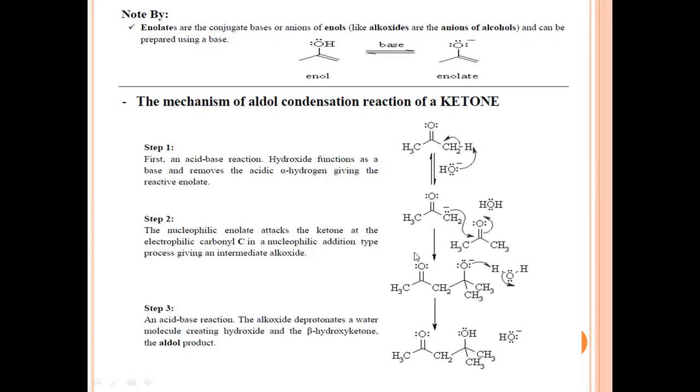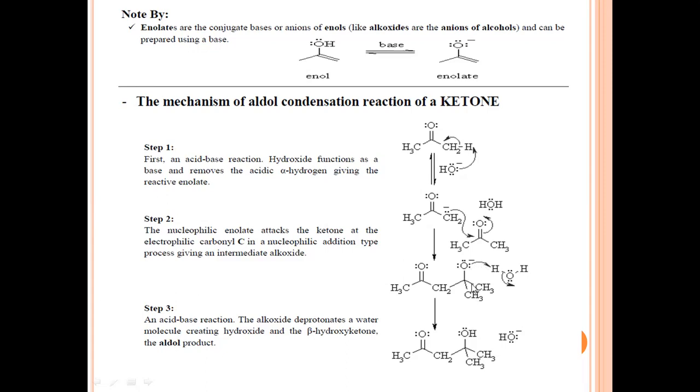So the nucleophilic enolate ion attacks the ketone at the electrophilic carbonyl carbon in a nucleophilic addition reaction, giving formation of an intermediate alkoxide ion. And this alkoxide ion will deprotonate a water molecule, creating a hydroxide ion and a beta hydroxyketone. So it will undergo a deprotonation reaction